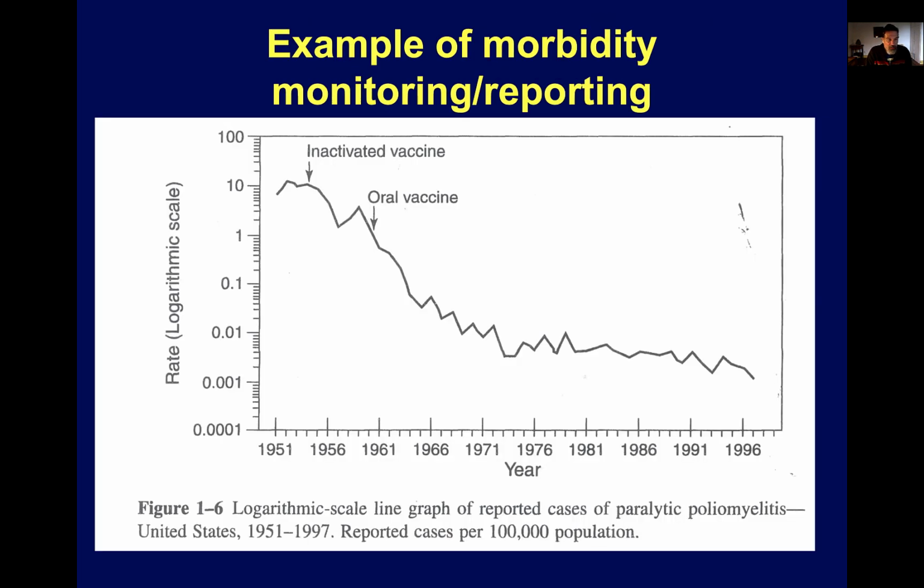So what does morbidity reporting look like? Here's an example of a trend line that is showing cases of polio. So not deaths due to polio, but the number of people, or in this case, the rate with which people are diagnosed with polio over time. And adding on the timeline here, they're including things that could be influencing the trend, such as when vaccines became